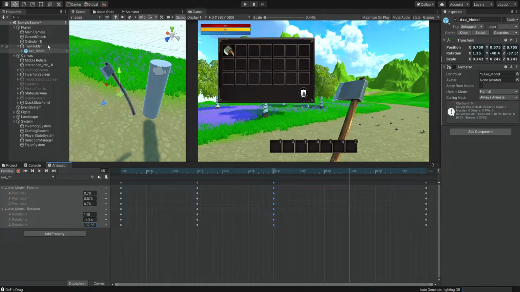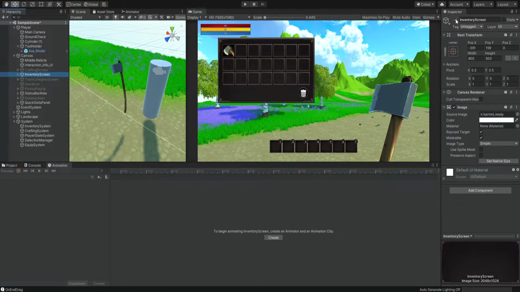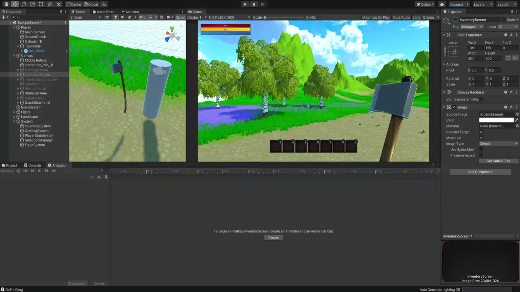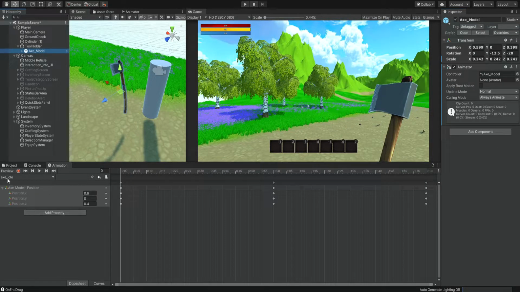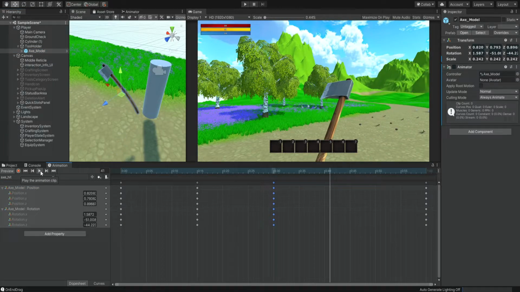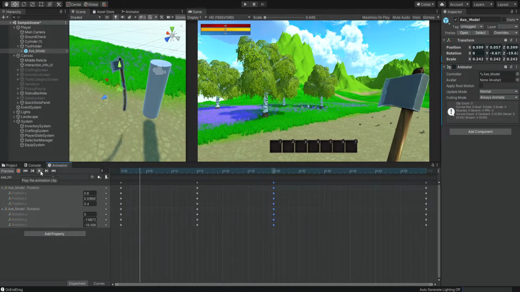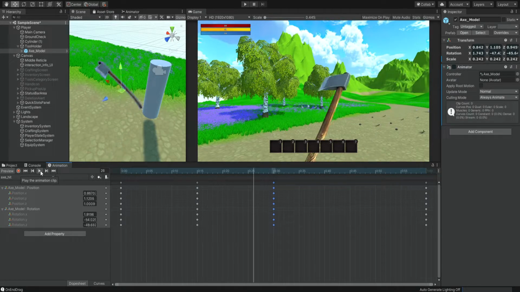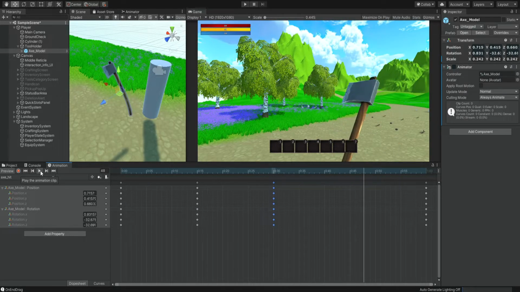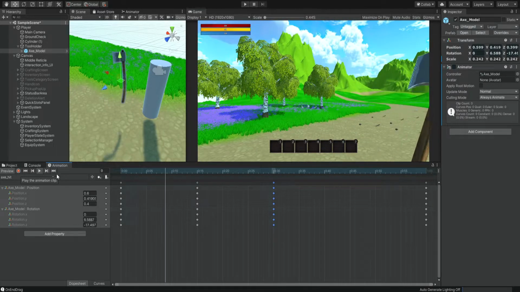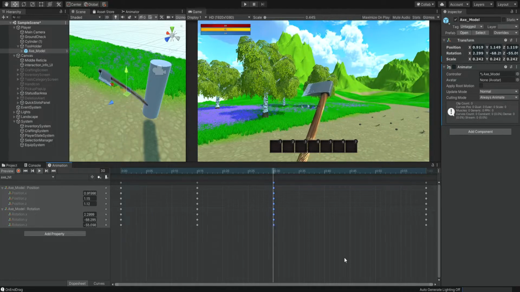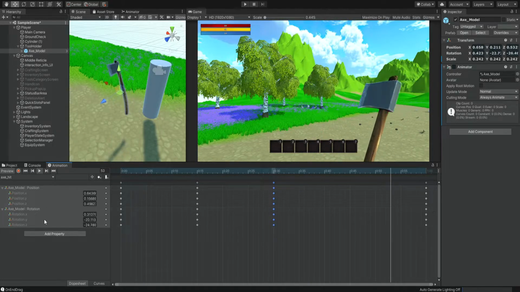And of course, we can also hide this inventory screen. And also notice that our middle point, middle dot, is over here. So the axe goes to the position of this middle point, okay? So if we select the axe and we play this hit axe animation, this is how it's going to look. Again, it's not super professional. I'm not an animation artist, right? I simply played with these values and this is what I got.